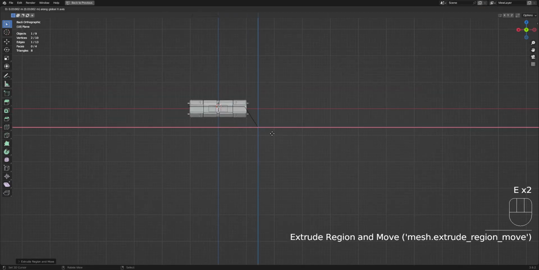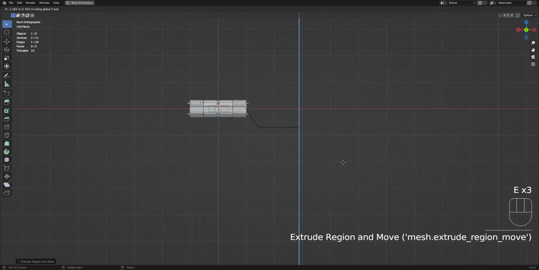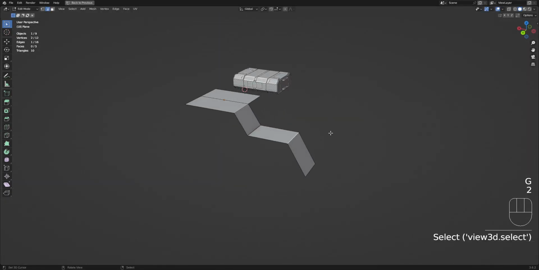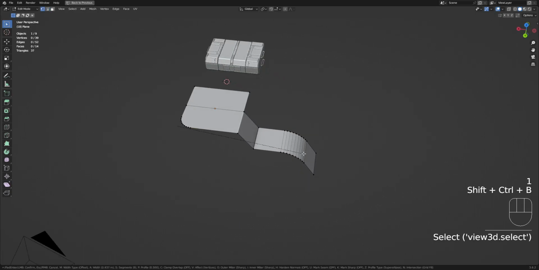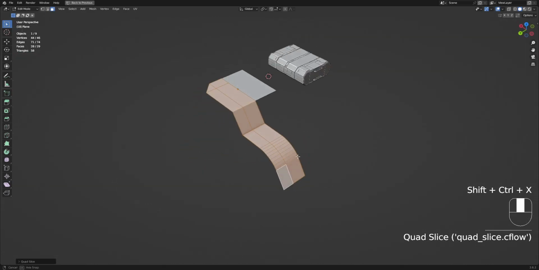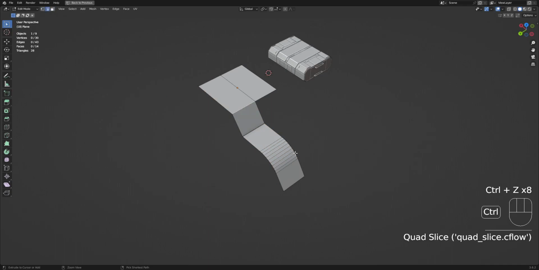So even if it's curved like this, it works great, but it will fail